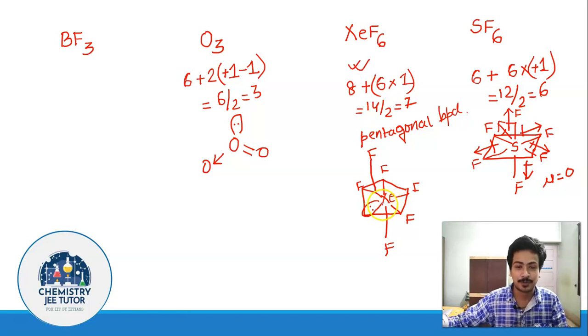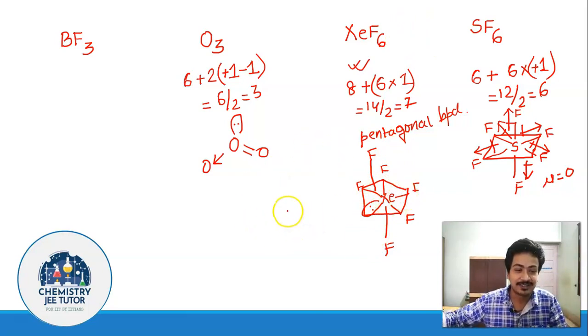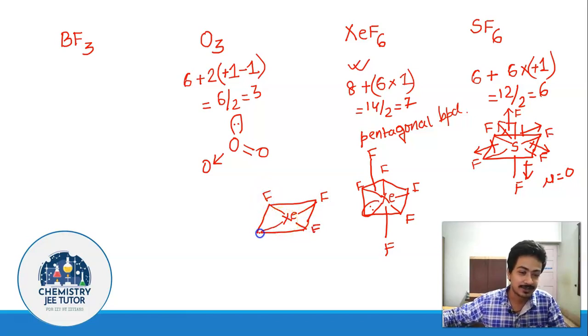Now the problem arises. Firstly, the experimental evidence doesn't show XeF6 to be pentagonal bipyramidal. It shows that XeF6 is actually an octahedral structure, but not a clean octahedral structure. How come? Let me draw this for you. XeF6, experimentally it has been shown that it looks somewhat like this. Then how to take care of the lone pair? Now you can understand there is a face like this.